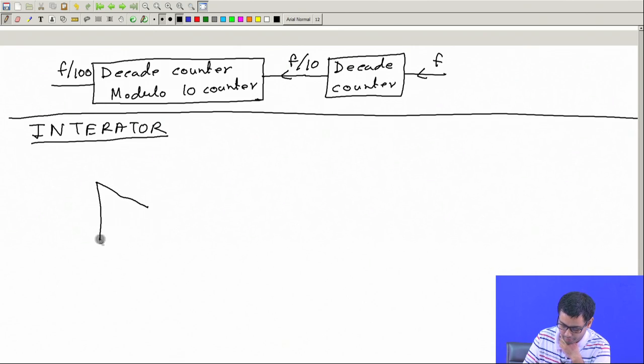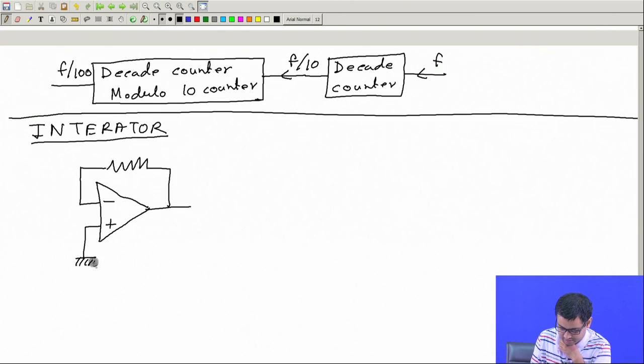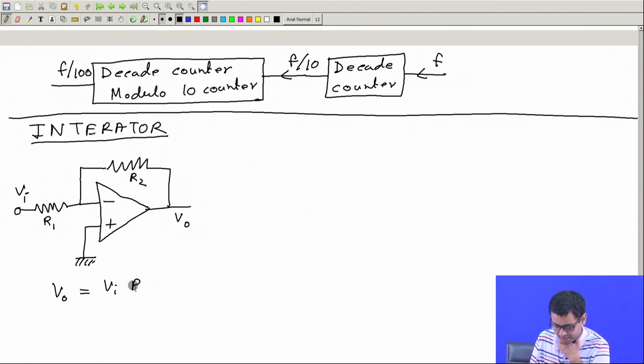This is made up with an op amp. It looks like a non-inverting amplifier. So, you know what we have in a non-inverting amplifier? The negative is connected to the output, positive is grounded. Here we give the input, call it Vi, this is Vo. You can call it R1, R2. And then we know that the output Vo is Vi multiplied by R2 by R1. This we know. Now,